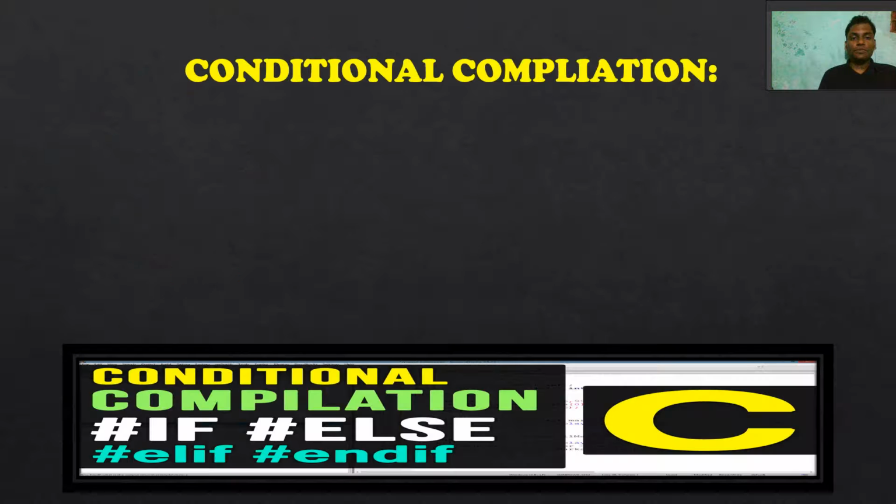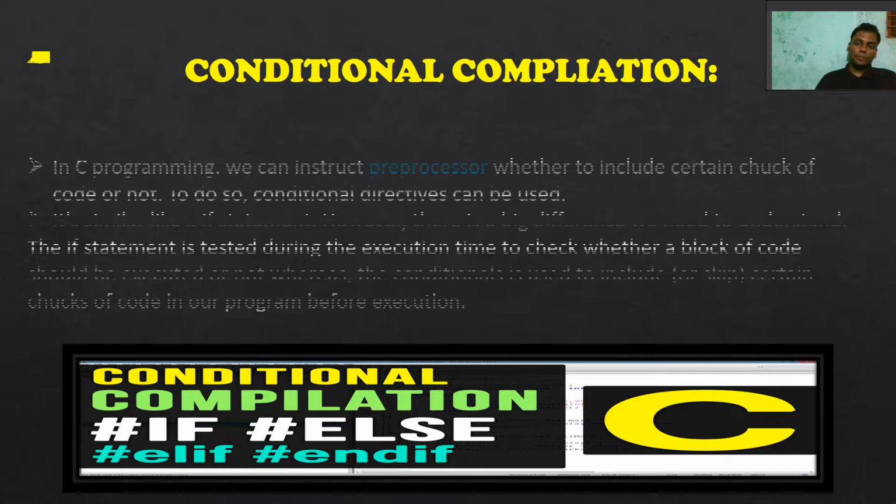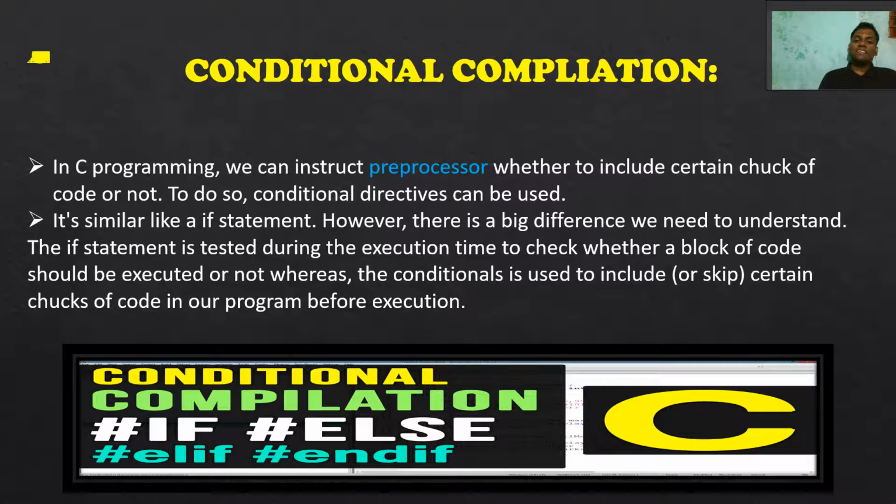The next one is conditional compilation. In a C program, we can instruct the preprocessor whether to include a certain chunk of code or not. To do so, conditional directives are used. It's similar to an if statement, as we had used before, but there is a difference between them. When we use the if or else statement, it works when the program is